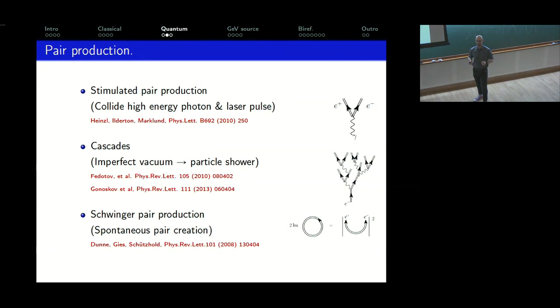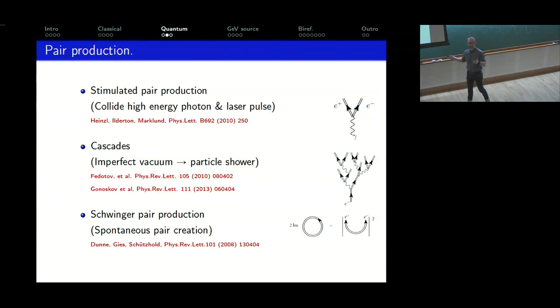You might think, ooh, that's exciting. That'd be nice to see. Yeah, it would. But as we're going to see shortly, it also spoils things a little bit. If you're creating masses and masses of particles, where's the energy coming from? Well, it's coming from the laser, and you're going to end up depleting your laser very severely. Okay? The cascades, while they are kind of a fundamental prediction of QED, aren't particularly helpful if you actually want to do something with your very intense laser, because there's a risk that your vacuum's not good enough in your experimental chamber, and your laser's gone before you can use it for the task in hand.